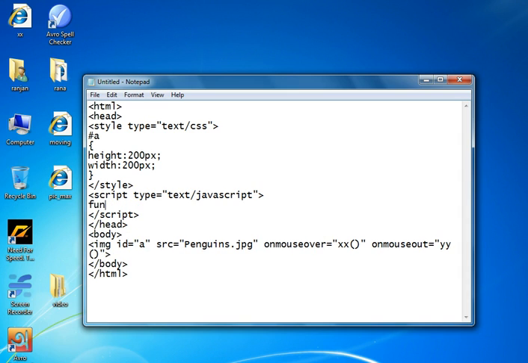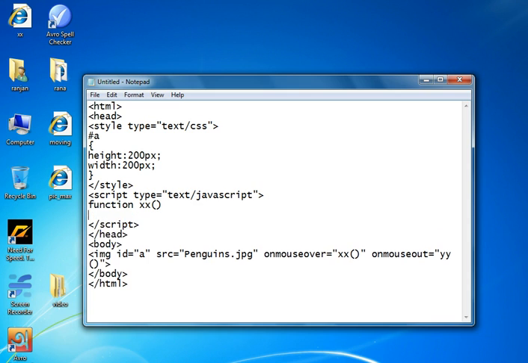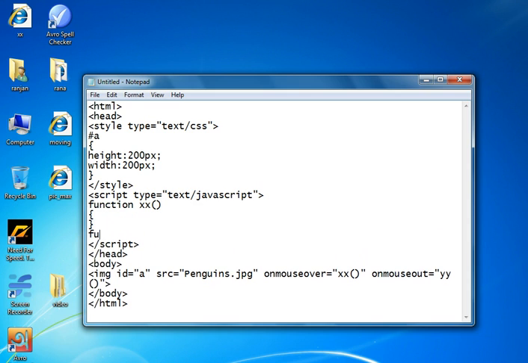I have used two functions. One is XX for on mouse over, another one is YY for on mouse out.